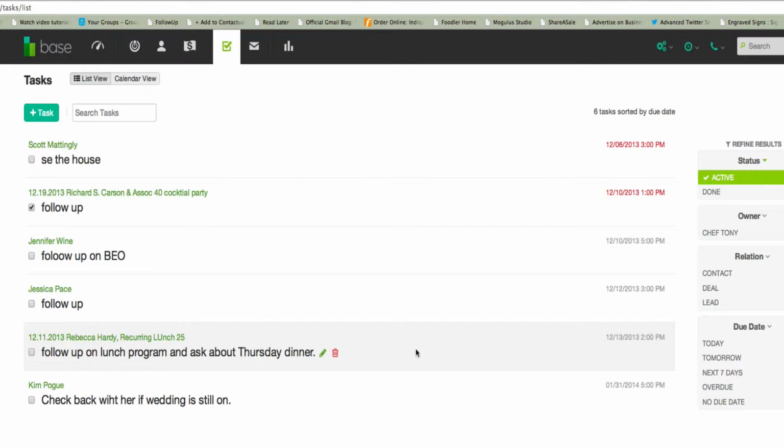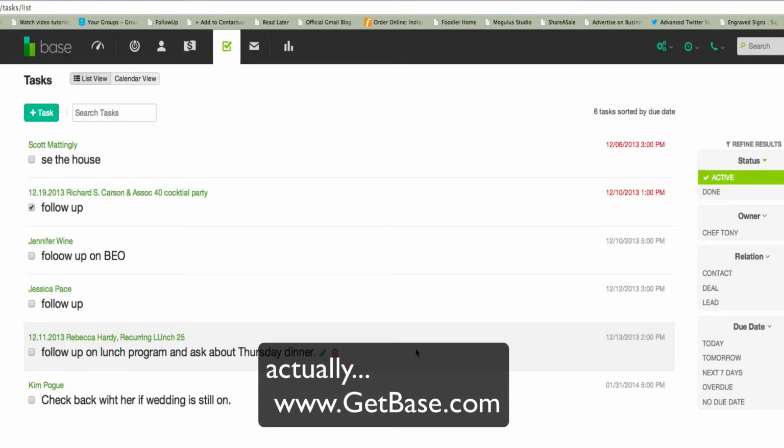I'll be demonstrating it using a CRM that I subscribe to called Base, B-A-S-E. You can find that at getmybase.com. And I'll just walk you through the basic ideas of a CRM so that we understand what we're looking at. You certainly may choose a number of different ones. There's plenty out there. There's Salesforce,